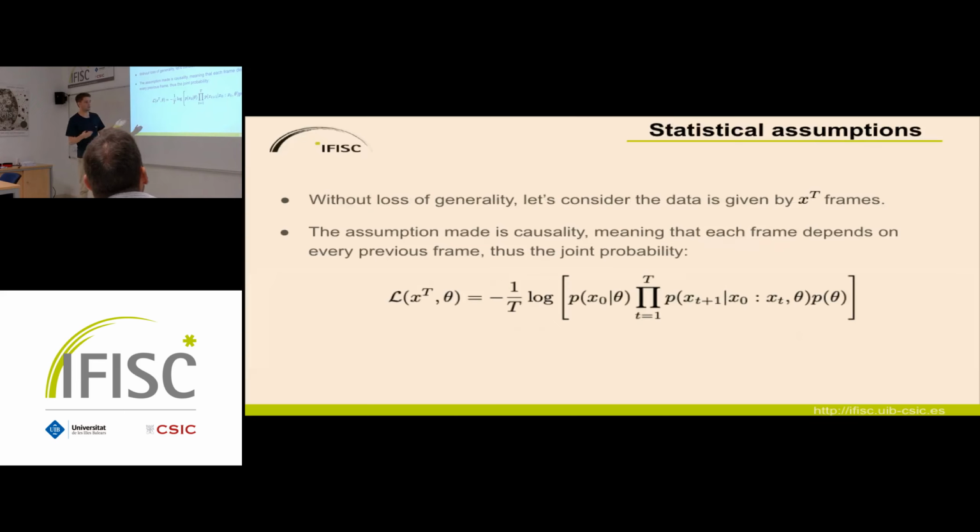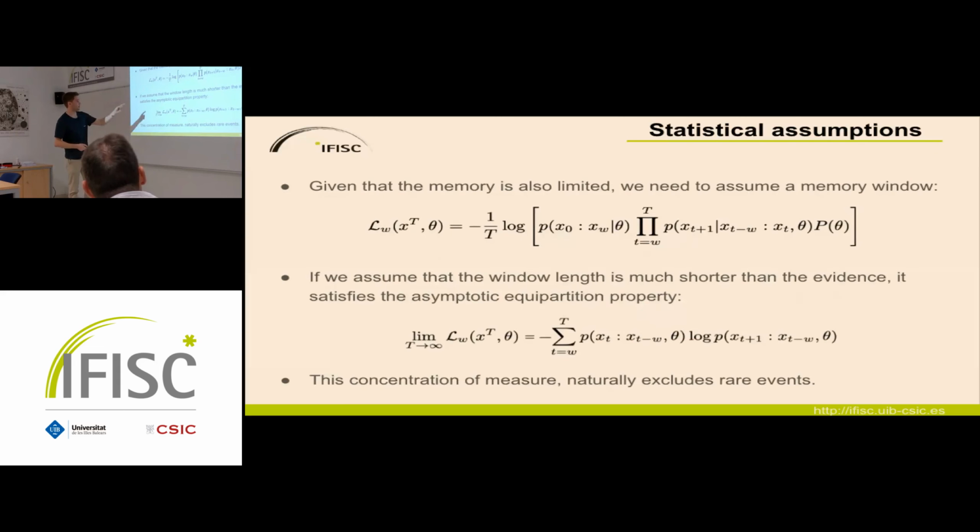For instance, we can assume that the data is causal, meaning that every point of data will depend on the ones before. So we will have an increasing window of dependencies along the way. So this is one assumption. Another assumption is that memory is not infinite, so we need to bound this window using a finite memory. So the likelihood at the end of the MAP estimation that I showed before ends up being this thing,